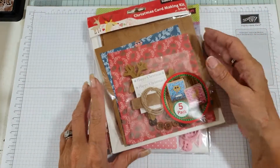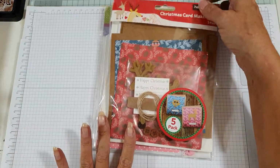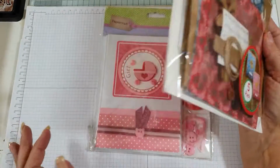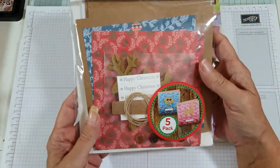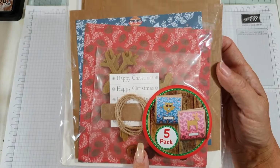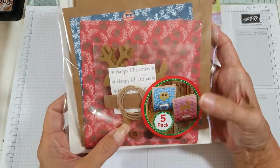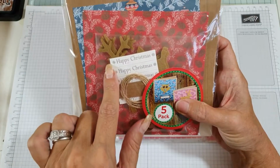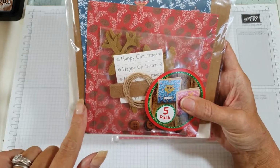These are just a couple of things that I found in my craft room as I've been destashing, and I thought they'd make a nice little giveaway. What with Christmas coming up, there's a Christmas and a birthday card making kit here. This one is the Christmas one, and it's a 5-pack. You make 5 cards, and it has buttons and reindeer and lovely paper and cardstock